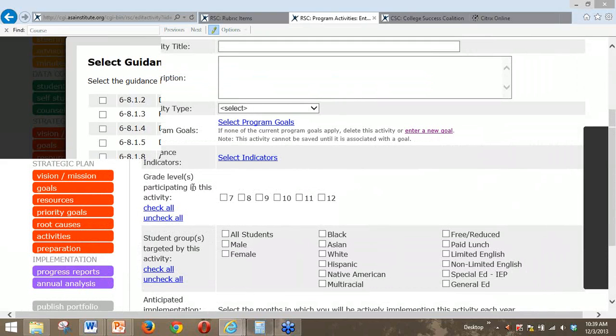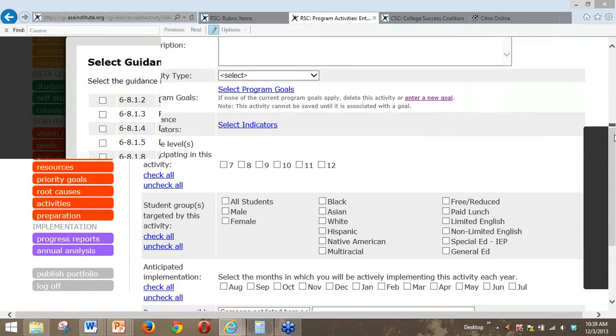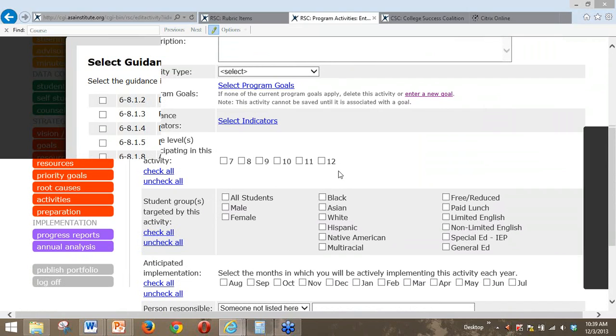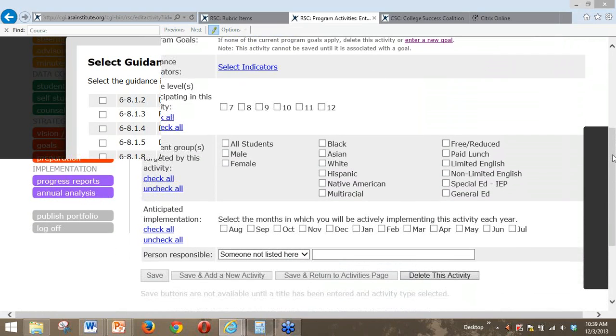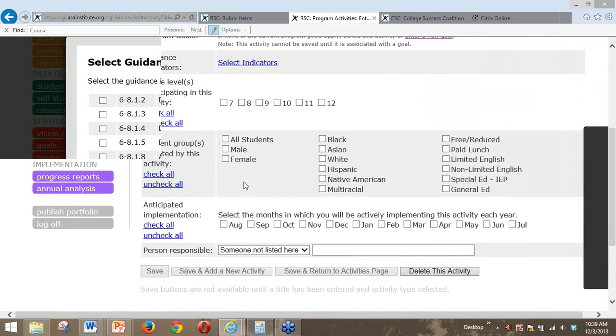Okay, then the next thing we're doing is checking all of the grade levels that this activity addresses, and any student groups that this activity specifically targets. I think for a lot of your activities, you'll probably click all students, but with both the ASCA RAMP and the Indiana Gold Star Awards, your program has to address guidance gaps.